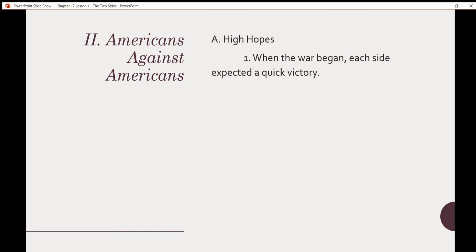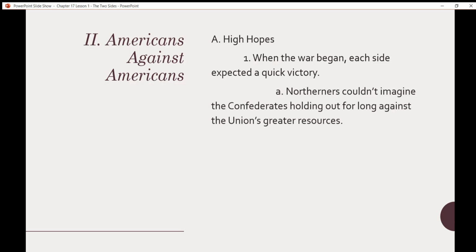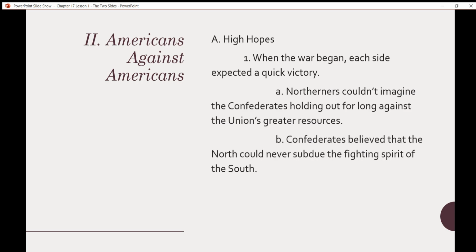So as I mentioned before, when the war began, each side thought that this was just going to be a quick victory. They had high hopes that this was going to be a very short war. In the North, Northerners couldn't imagine the Confederates holding out for long against the Union's greater resources. Meanwhile, the Southerners, the Confederates, believed that the North could never subdue the fighting spirit of the South. So this idea of both sides believing that they had a greater advantage and were going to have a swift victory is possibly one of the main reasons why the Civil War ultimately lasted 4 years,